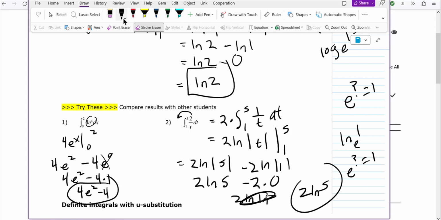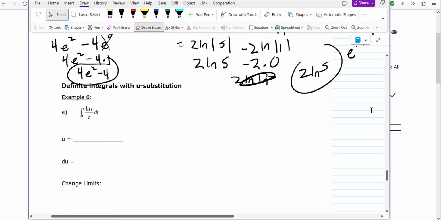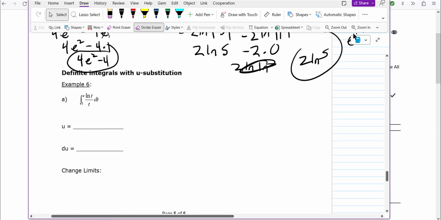U substitution's more work, and that's what I'm going to focus on next here. We've learned how to do u-sub, so we're going to work a little bit more with this, but we haven't learned how to do a definite integral yet. Okay? Okay, so this one right here, now you could not just do the antiderivative of this problem in your head. It's too difficult to do that. The thing that you probably want to do first, if you need to, is write this as ln t times 1 over t times dt. So I'd recommend you just rewrite the problem that way,